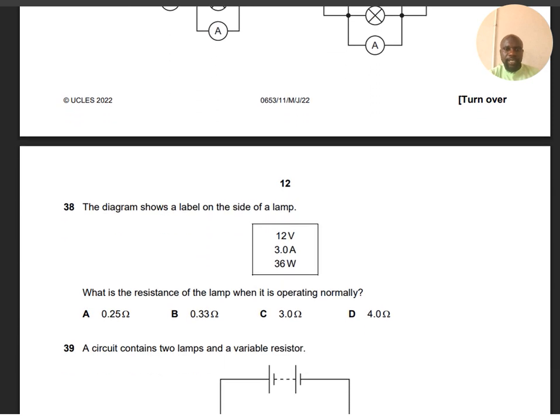Number 38. The diagram shows a label on the side of a lamp: 12 volts, 3.0 amps, 36 watts. What is the resistance of the lamp when it is operating normally? So use the I, R, V table. Do you remember the table? So if we calculate, the correct answer should be 4.0 ohms resistance. This is the correct answer, number 38. Number 39,